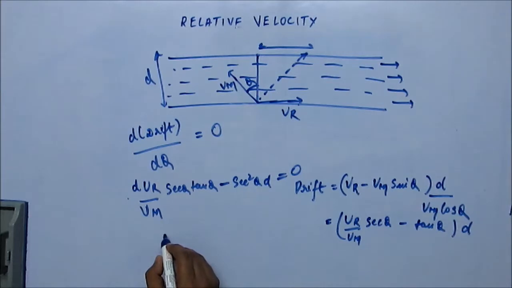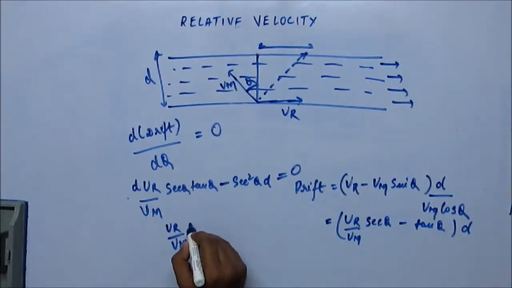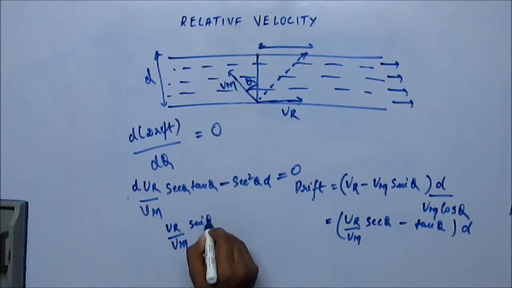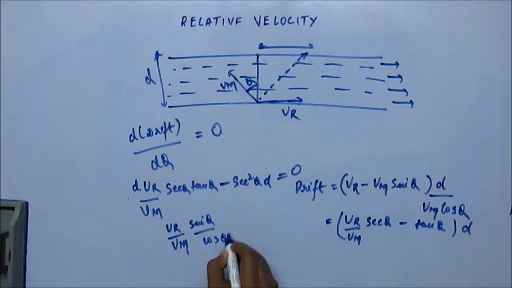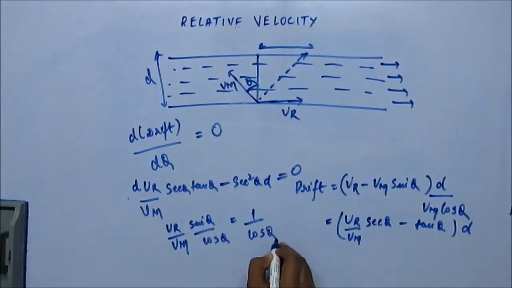Now what does this give us? This gives us VR upon VM, sin theta upon cos theta is equal to 1 upon cos theta. Do we get this? This gives us,